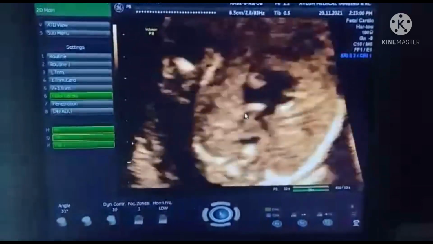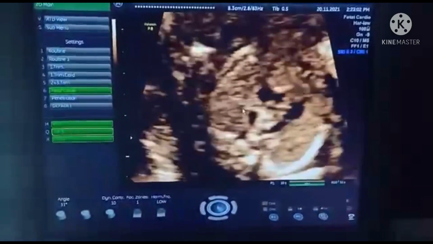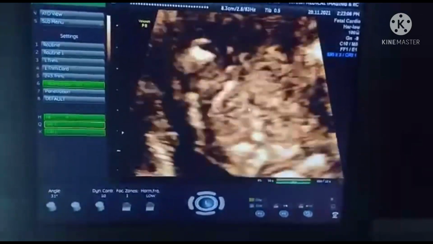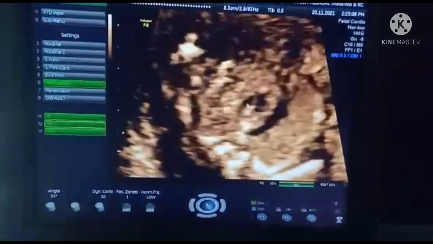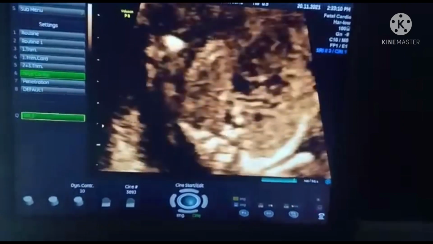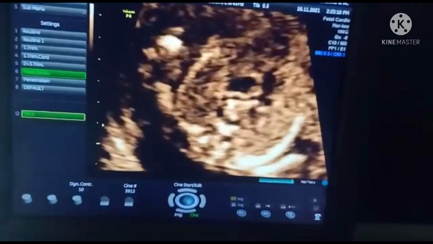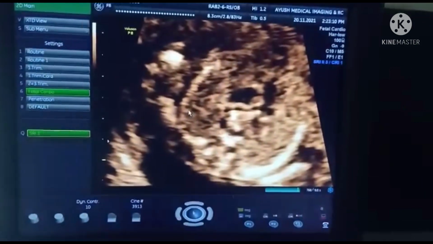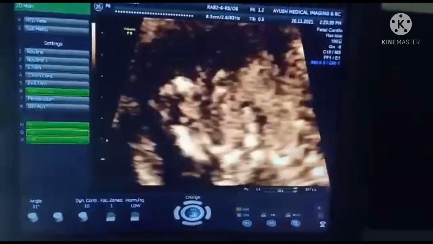And we also see an ARSA, that is aberrant right subclavian artery. You can see a vascular structure going around here. So this is also a soft marker. When we start seeing